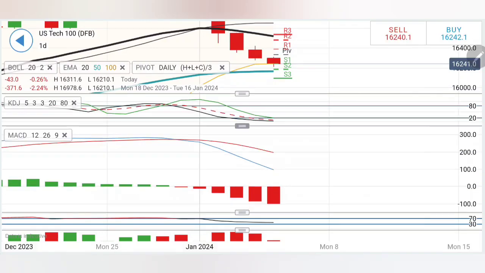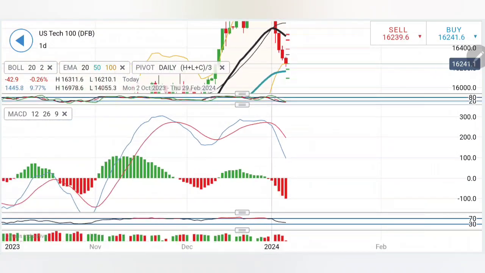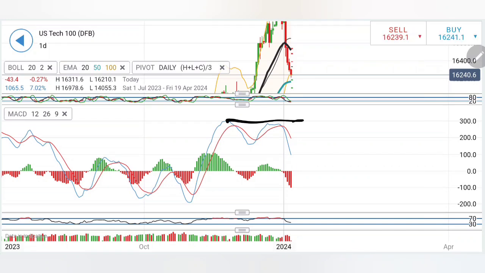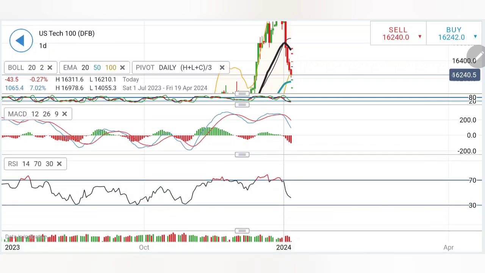Stochastic has come to oversold levels. MACD has crossed over at the top. I have shown this every time: double top, crossover, extreme divergence. This calls for it to converge, meaning a couple of bullish candles are possible, but right now it is looking vertically down. It can continue to trade on the downside. RSI has come out of the overbought zone as well. Considering this, I will recommend you to buy only above